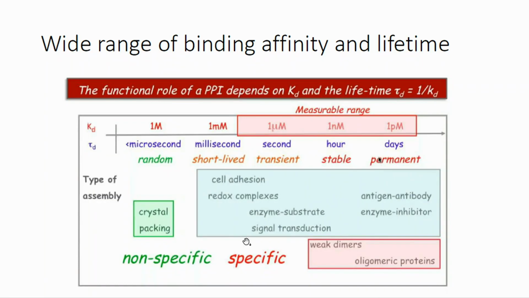And even though these transient interactions happen at a weaker KD, in this range they could already be pretty specific. But again, for these kinds of reactions, sometimes we want it to be very specific, so we don't catalyze very different types of reactions. But sometimes we also want it to be pan-substrate, for example, one thing that can work for multiple targets. So specificity is something that really depends on what target we're designing for.